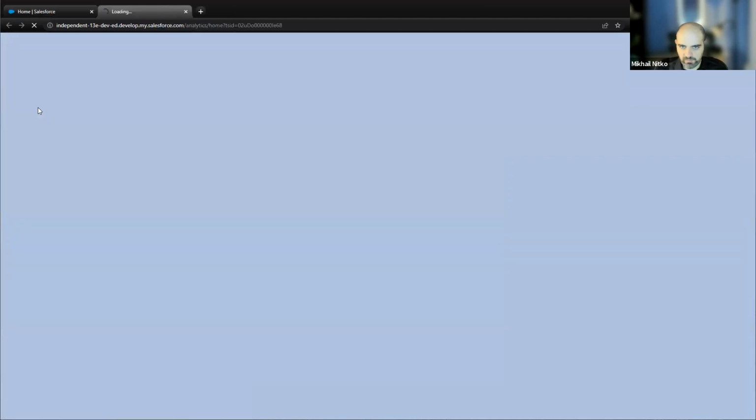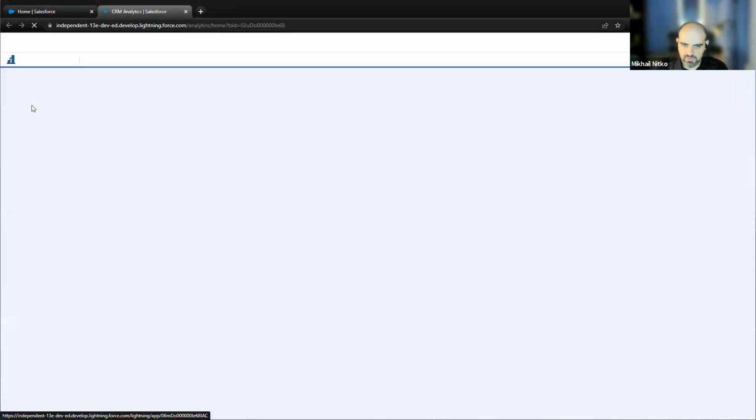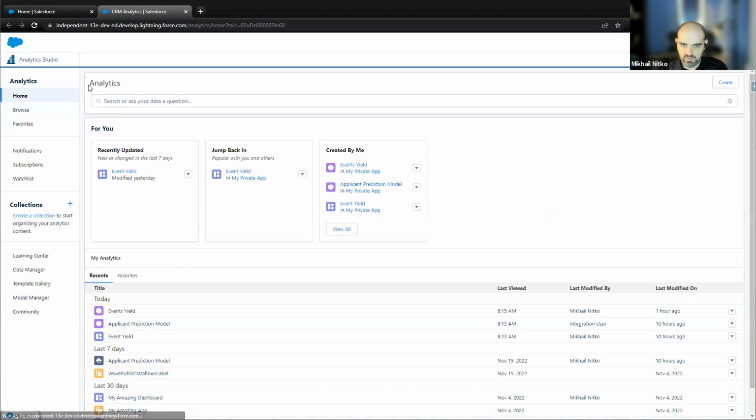Here's Analytics Studio. So our goal at this point is to create the dashboard that I talked about in the beginning that will show you the yield of our events over time, so that we can choose to, let's say, cancel certain events in the future because certain other events yield more applicants, and we have only a certain amount of people who can actually do these events, who can put on these presentations and go to different schools.